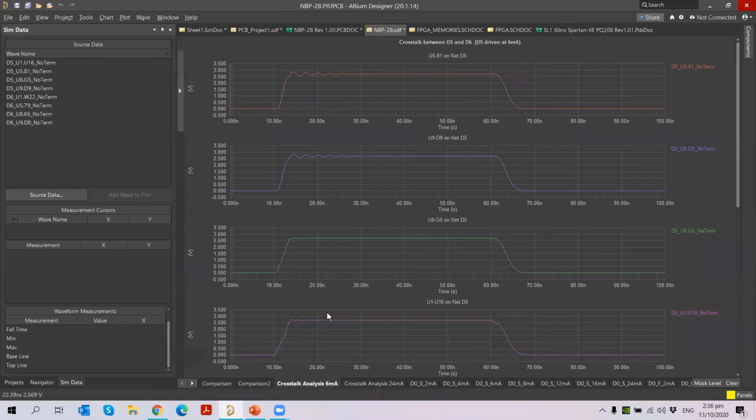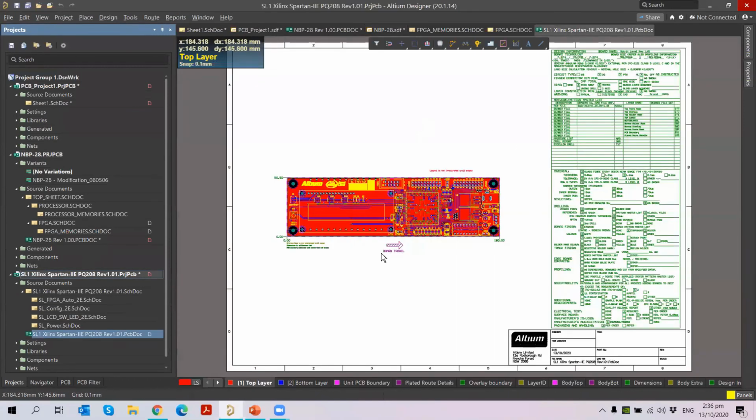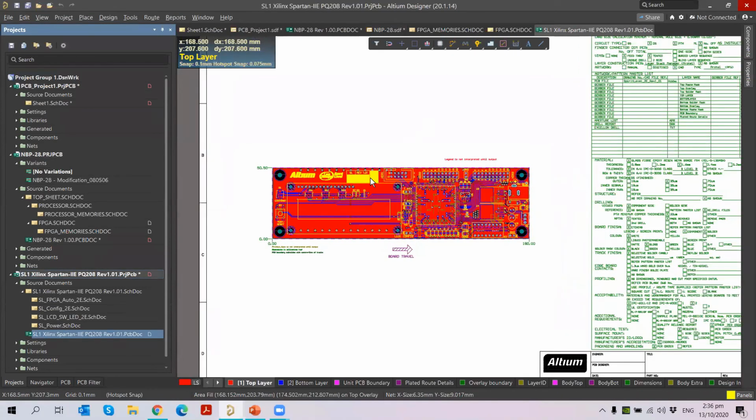So now let me go for the last one, which is your PDN analyzer. I'm going to show you how to do analysis in your power delivery network analyzer, which is also an integrated software inside Altium, but we need a separate license for it. So if you buy the license, you can use it inside for simulation of power integrity analysis, with no need to import or export, everything within the same software.